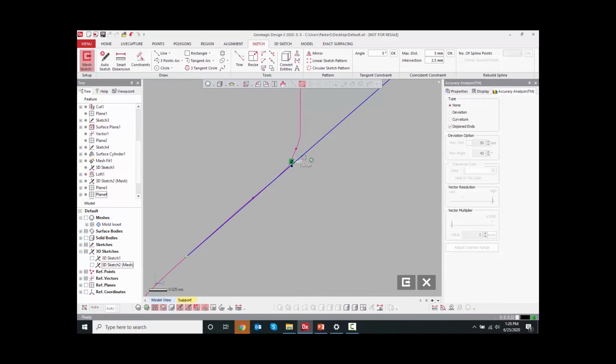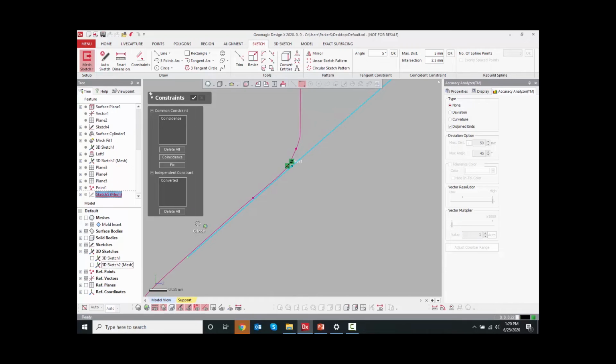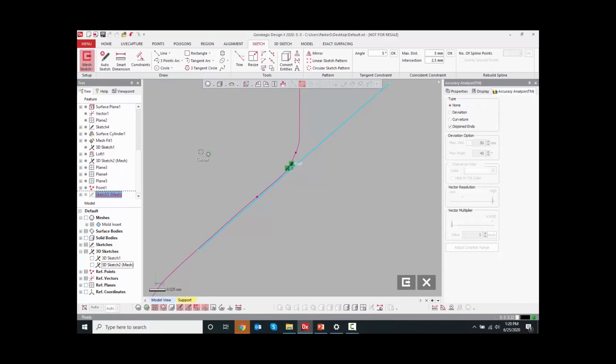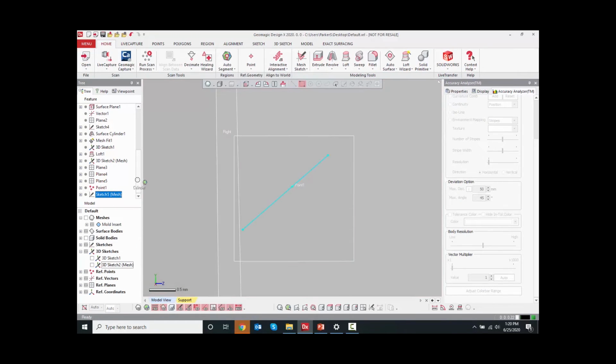And just like in normal CAD, I can create a common constraint between those two that is a coincidence constraint, and I'm just going to resize this line so it's a little bit longer and definitely will protrude through both of these surfaces that it's intending to trim. So from here,